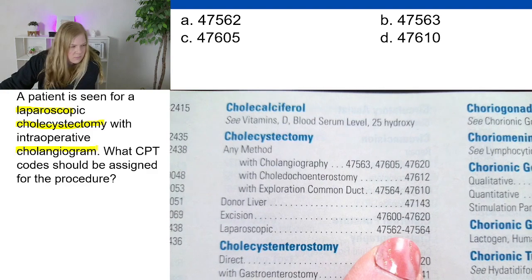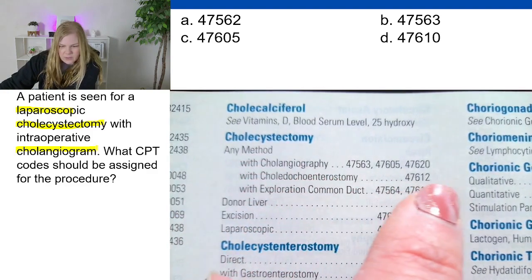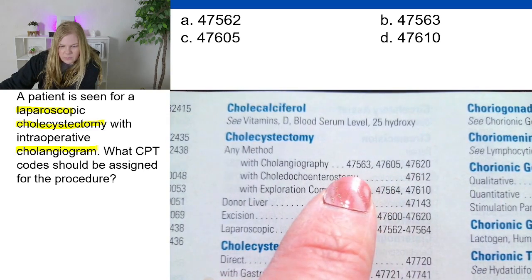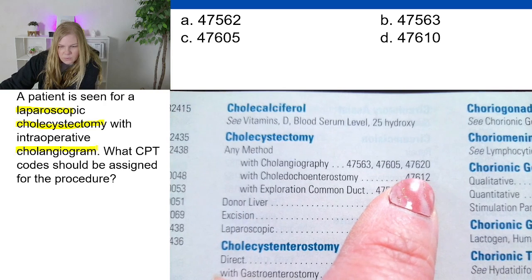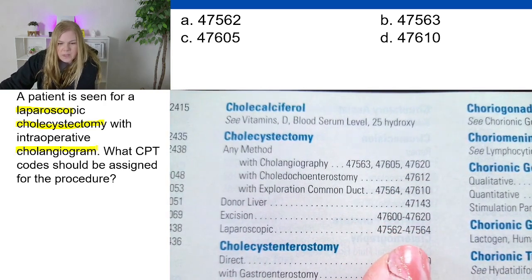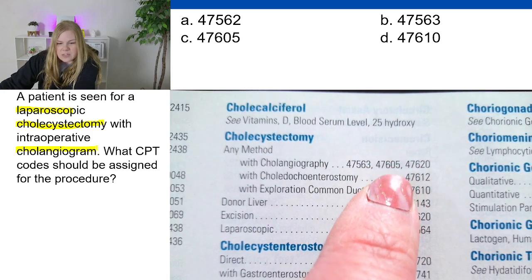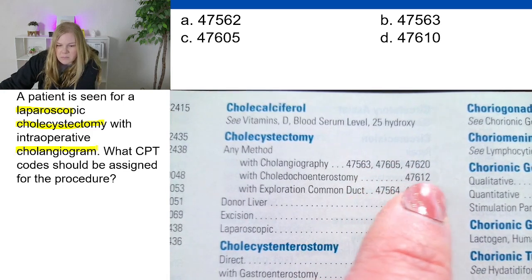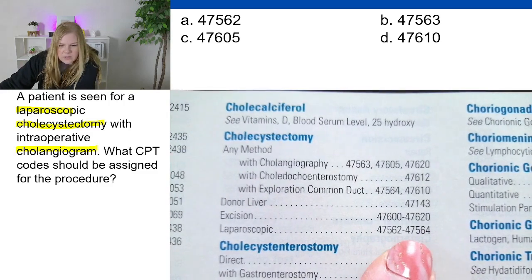But then with cholangiography, and then we've got this range. We've got 47563, 47605, 47620, and then here we have the range. Typically, I would say you're going to have a better chance going by the laparoscopic because this might give us some opens. Not sure, but I'm going to say let's stay over with these laparoscopic codes